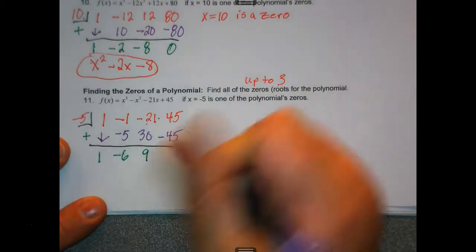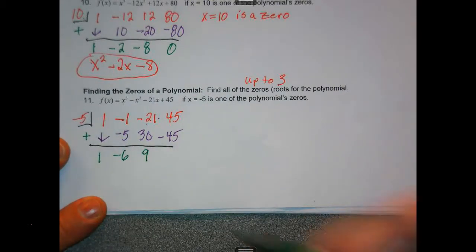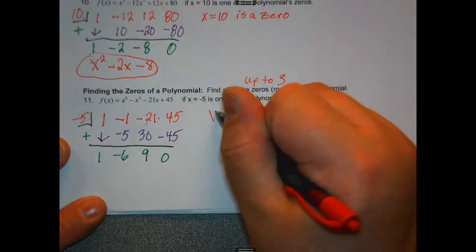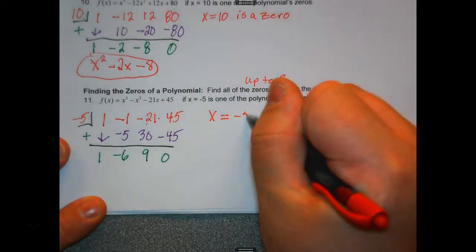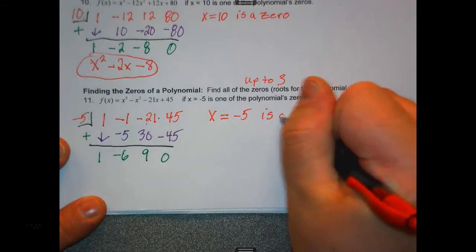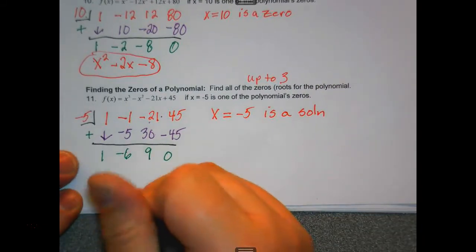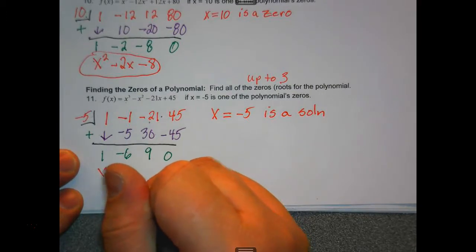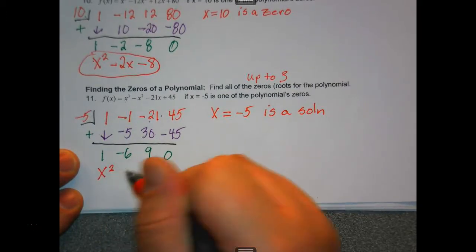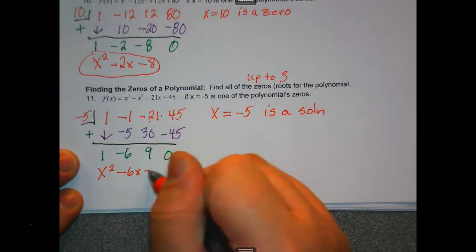So -5 is indeed a zero. So x = -5 is a solution. So that leaves me with x squared minus, okay,